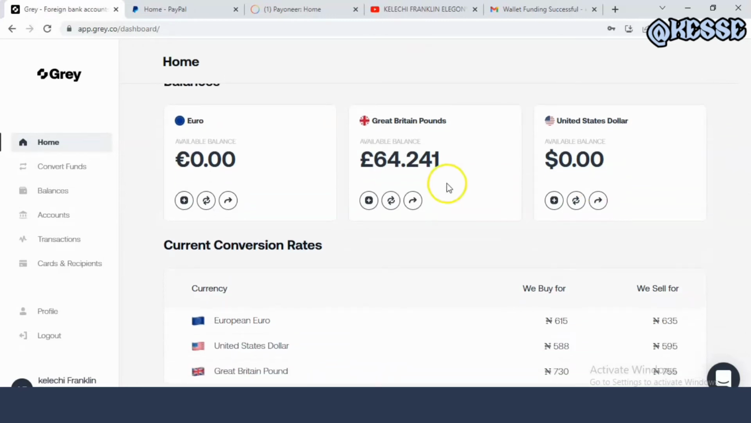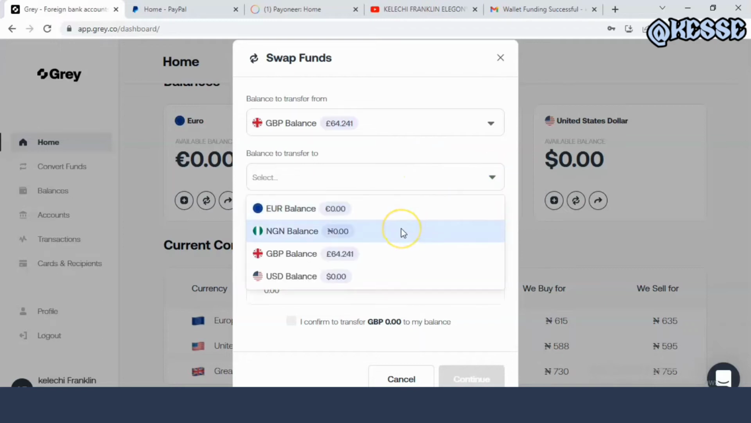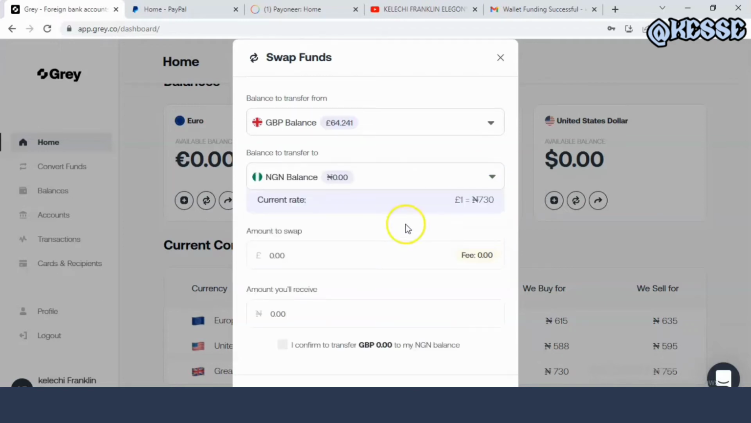So right now I want to withdraw. All I want to do is click on this withdrawal section here, and then put in what I want to withdraw. I want to withdraw to my phone in Naira. All I have to do is this, then I'll put in the amount. First of all, I have to swap it to Naira. All I have to do right now is put in the amount I want to swap. So I'm going to swap